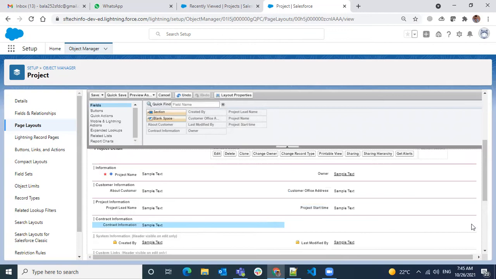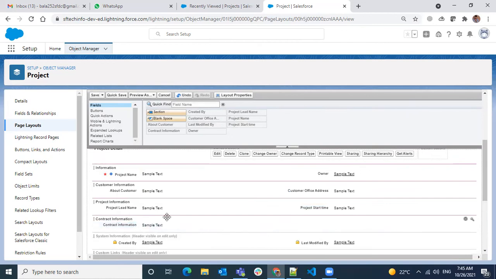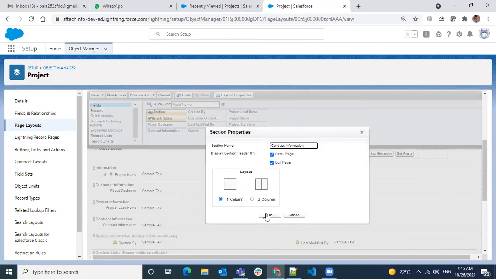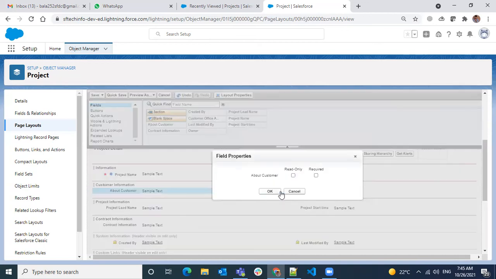Here I had a contract. Okay, so here, if you see, it's a rich text field. I want to make it only one big column. And I want to see this field as a big section. This way, in the section, I make it as one column. Okay, so you can move to left or right. And in the settings, here you see whether you want to make it required or read only fields.